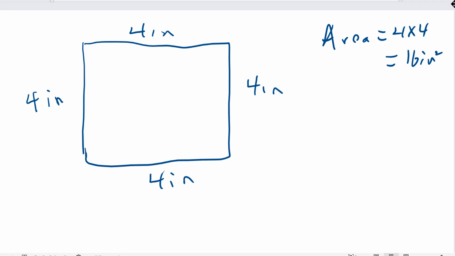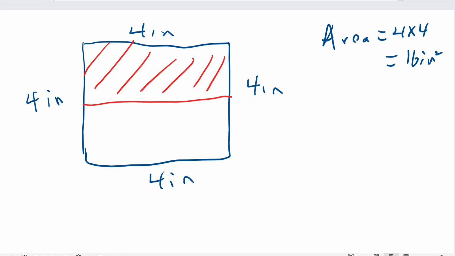Now, imagine that you're painting this square, and let's say you paint it in the following way. First, you paint half of it. Since you painted half of it, the area that you painted is 8 square inches. Now, let's say the next thing you do is paint half of the remaining part. Okay, that is 1/4 of the entire square, and so that is 4 square inches, or it's half the area